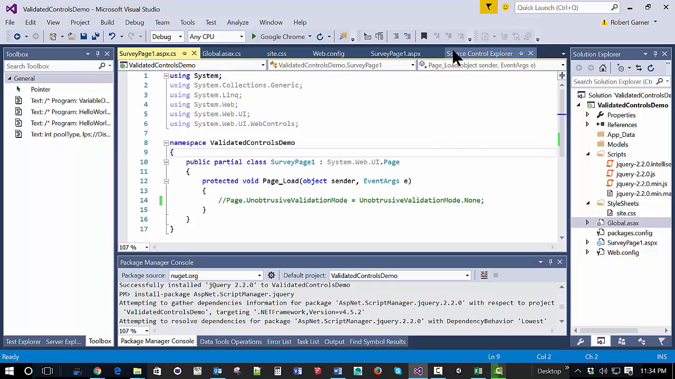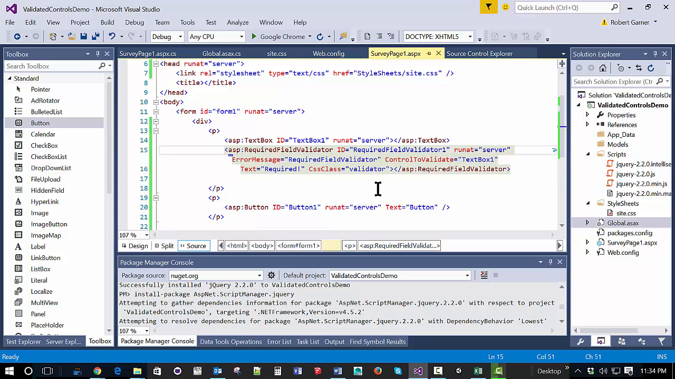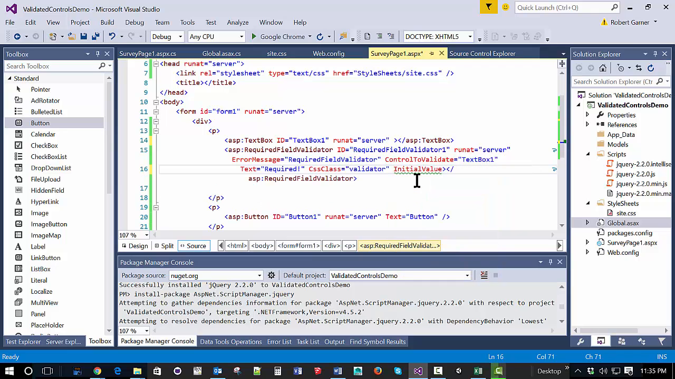Another thing we can do with the required field validator is, in the required field validator, we can say initial value is equal to, and we can put a message in there for the initial value,